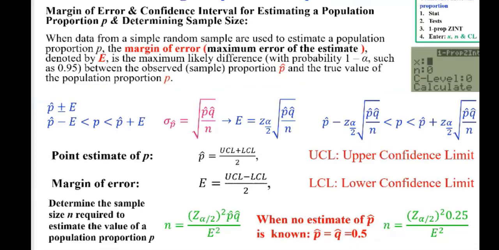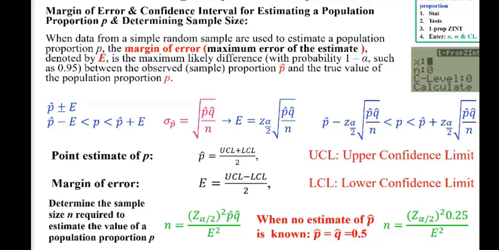The next one we want to look at is estimating a population standard deviation or variance. So we looked at section 7.1, estimating a population proportion. The point estimate for p is p hat, which is lowercase x over lowercase n. You add and subtract E, where E is z alpha over 2 square root of p hat q hat over